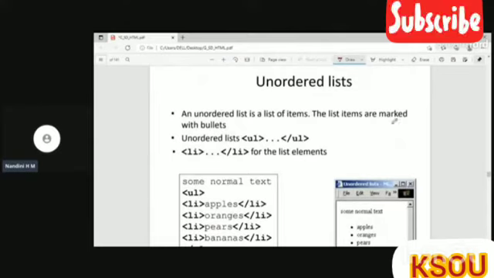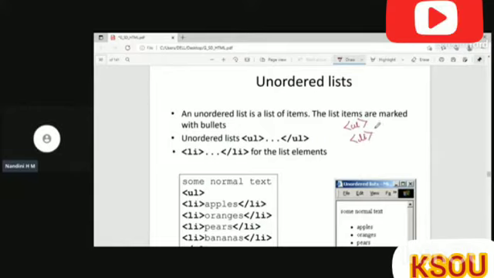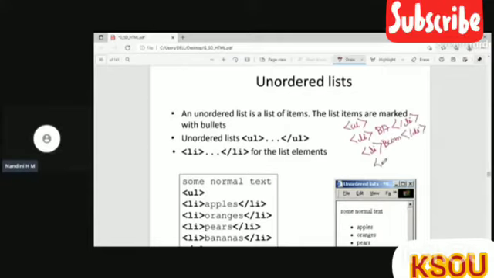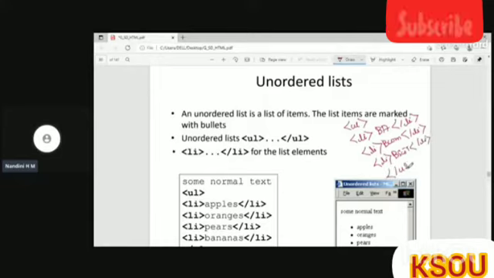So this is the unordered list, and the tag to write the unordered list is UL. Okay, it starts from the UL. This is the opening tag. After that, we have to write the list elements, LI. Here I am listing the programs offered by KSOU. So BA, and then I'll close this, and then list BCom. I'll close this list, and then BSc IT. And then I'll close this list, and then I have to finally close the unordered list.